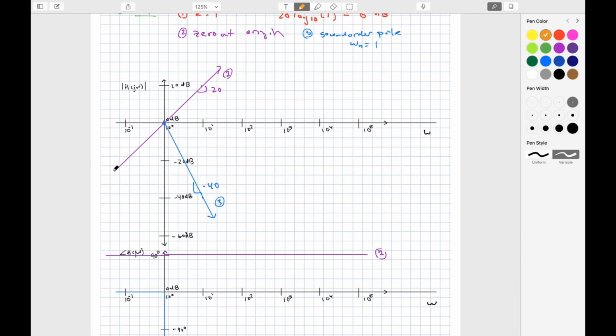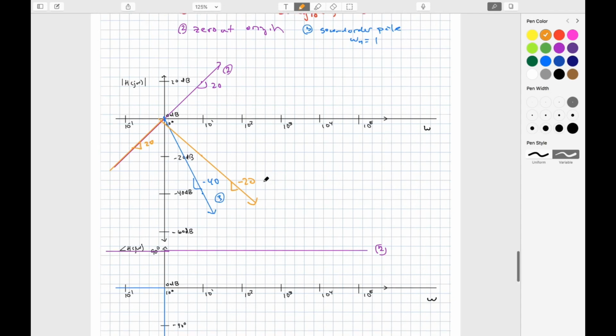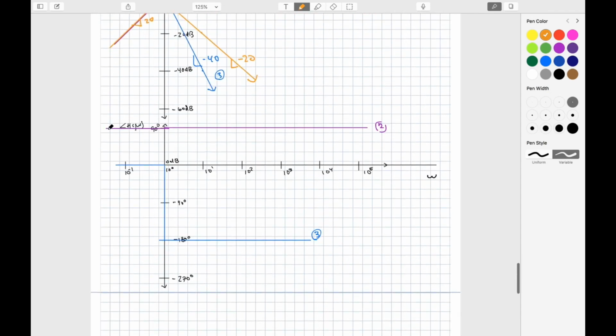So I'm going to go up at 20 dB per decade until 10 to the 0. And then I'm going to go down at 20 dB per decade from that point on. So I go up at plus 20, come down at negative 20. And the phase is going to be asymptotically 90 degrees up until 10 to the 0,